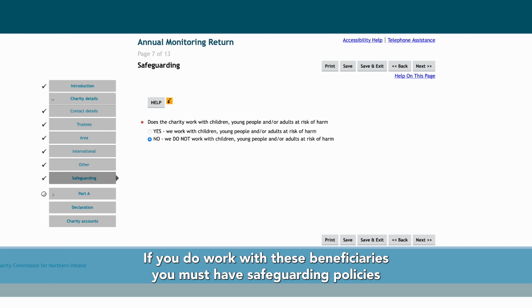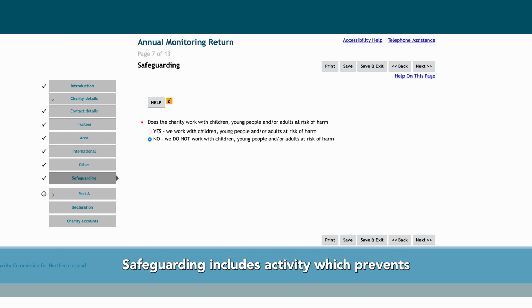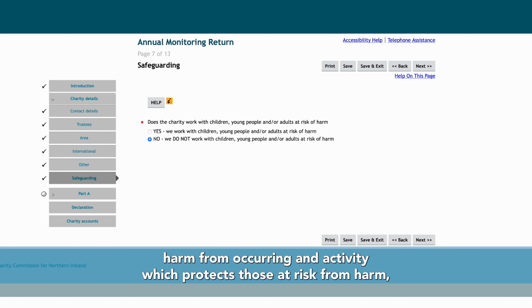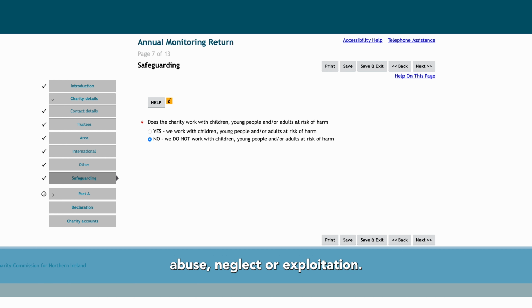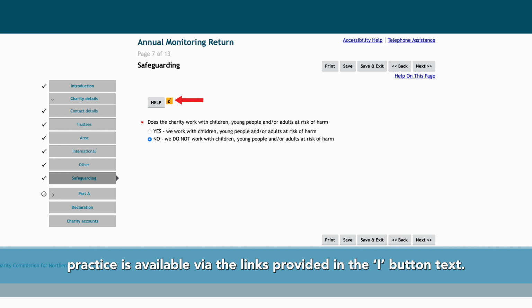If you do work with these beneficiaries, you must have safeguarding policies and procedures in place and ensure these are adhered to. Safeguarding includes activity which prevents harm from occurring and activity which protects those at risk from harm, abuse, neglect or exploitation. Information on minimum agreed standards and guidance for good practice is available via the links provided in